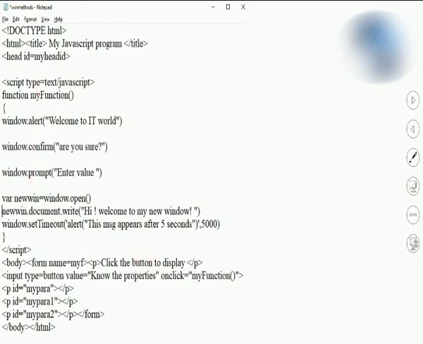In myFunction, I will be getting alert first, followed by confirm, followed by prompt, and after that it is going to open a new window for me. So here I have used 4 methods of the window object: alert, confirm, prompt and open.